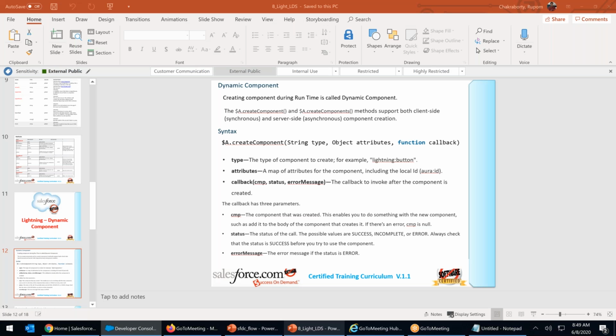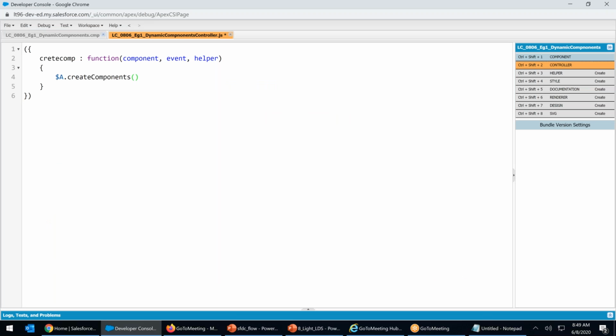The first one is the type of component. My type is array. Remember this. Each component has to be within the array. Remember this very well. Each component that you're trying to create, I'm trying to create more than one component at a time. Last class, we created a single button.